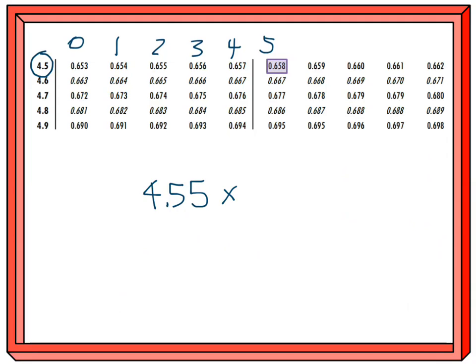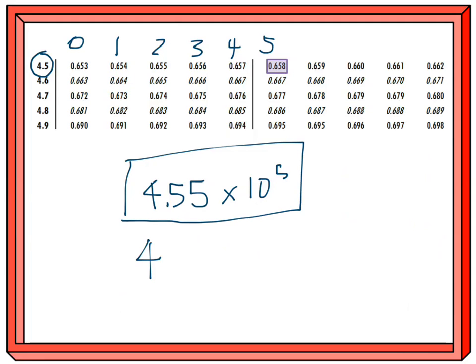And then we also had that 10 to the 5th power, so you can move the decimal place if you wanted to, or you could just leave your answer like this. This is perfectly acceptable. Let's just go ahead and move that decimal place over 5 places. So here I moved it over 2 places. I need 3 zeros on it, so it's 455,000. And finally,